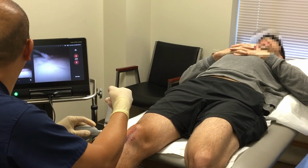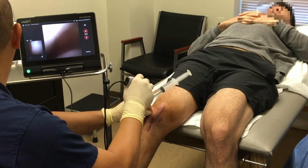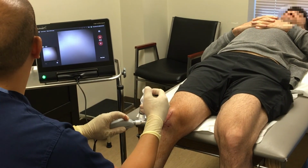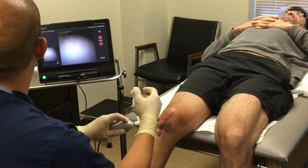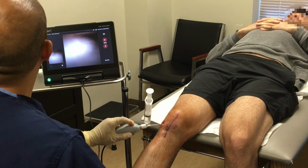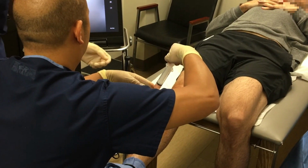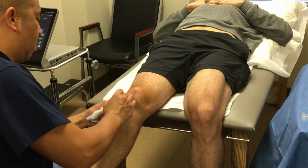Now I am going to look at the inferior and medial border, and you can see here the medial border and superior border is very nice. You can see here the transition between the plug and the native cartilage, and I'm very happy with the contour here. After the nanoarthroscopy, I suction all the fluid out of the knee and then simply bandage the incision